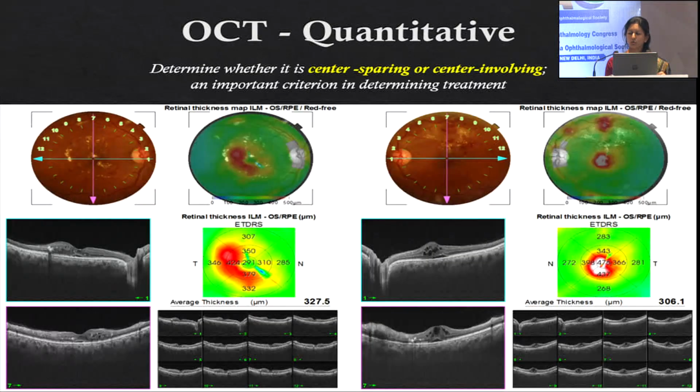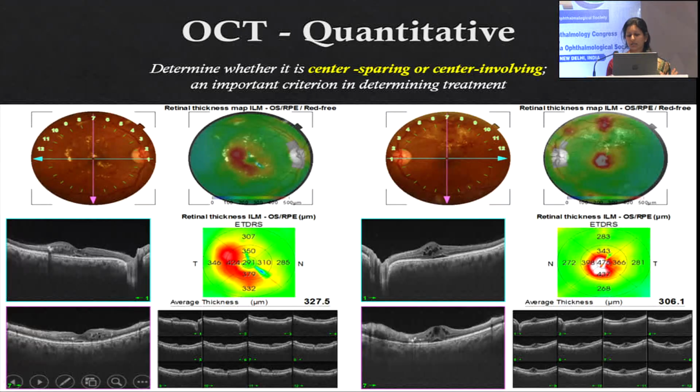So, I'll start with the role of OCT, and OCT gives us both quantitative as well as qualitative information in diabetics. I'll go as far as to say that if the facility is available, then all diabetics must have an OCT, irrespective of the presence of diabetic retinopathy. This means that even if you feel the patient has no diabetic retinopathy, there may be 3-4 microaneurysms at the fovea which are not visible due to the cataract, and they may be causing diabetic macular edema. So, if the facility is available, definitely OCT macula should be done in all patients who have diabetes.